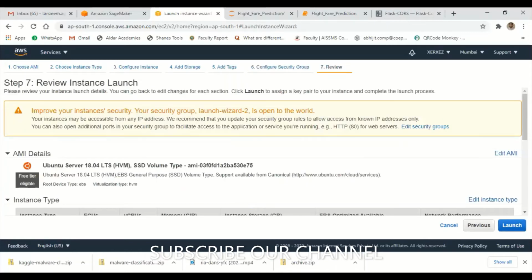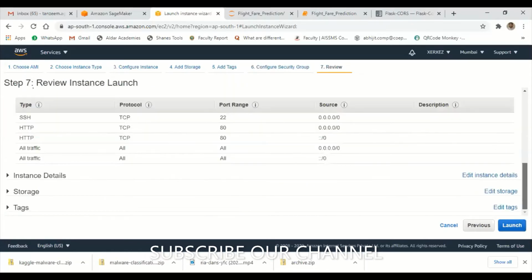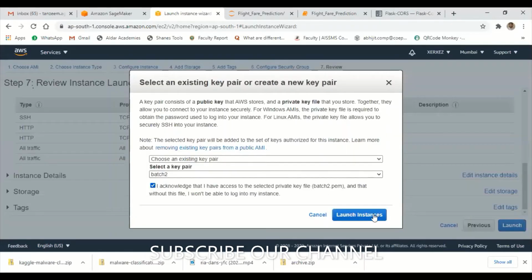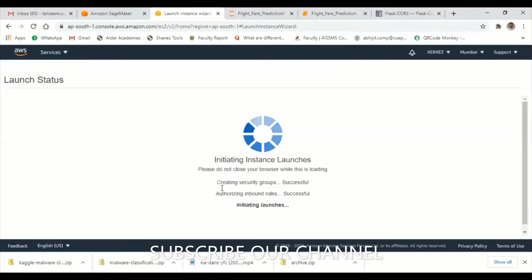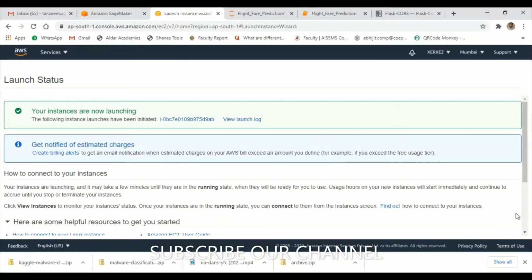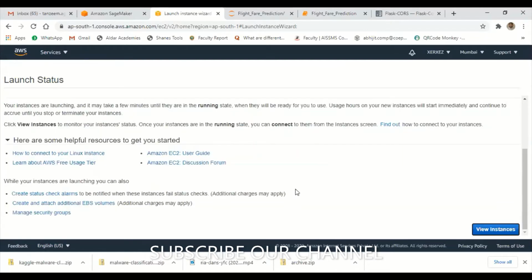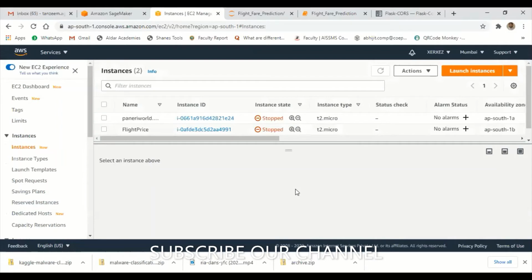While launching the server for machine learning algorithms, I already have batch 2, so I'll use the same key pair. View instance. Can you see this? Yeah, it will take time.